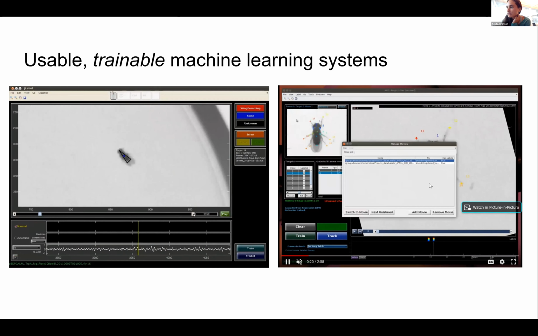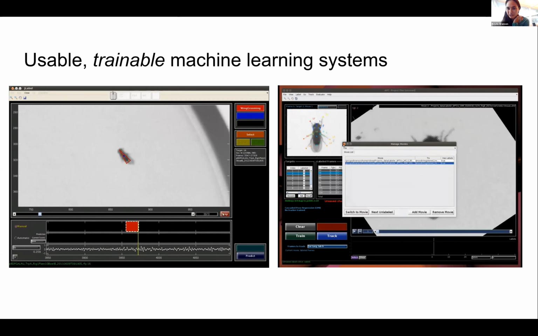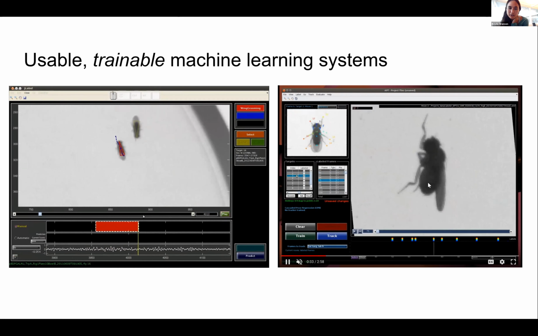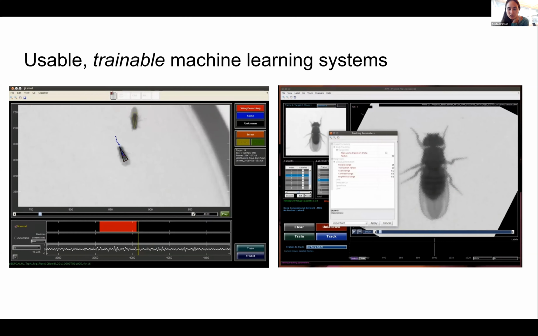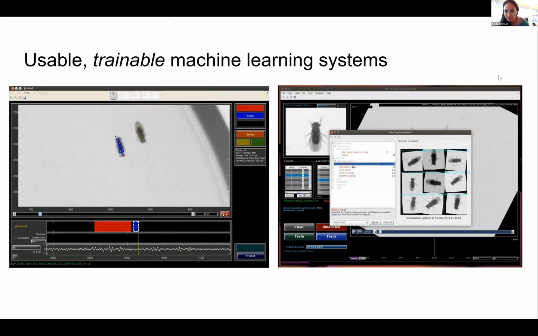And you can develop a really big data set like Carson was talking about, that hopefully will work on every type of cell or every type of fly or whatever you're interested in. Or you might have a very specific type of problem, and we would like to be able to enable biologists or people in general to be able to train up their own machine learning classifiers for their problem of interest. So to really tailor things to the type of data that they work on.